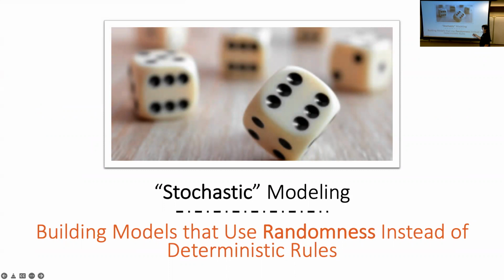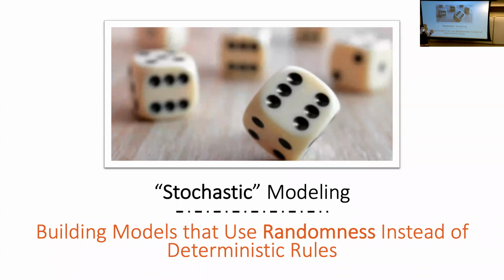And again, a lot of people, before they take a modeling course, maybe even some after, treat these as synonyms, stochastic and random. They're not really synonyms, they're very different words. So this term stochastic is a modeling process where you build models that use randomness instead of deterministic rules. It's like I said before, instead of incorporating every single variable that you might think matters, you incorporate only the ones that matter the most, and the rest that collectively create deviations from what you'd expect from the ones you picked, instead of modeling all of their effects, you just bundle them together and say, plus randomness. It's just a little bit extra randomness.